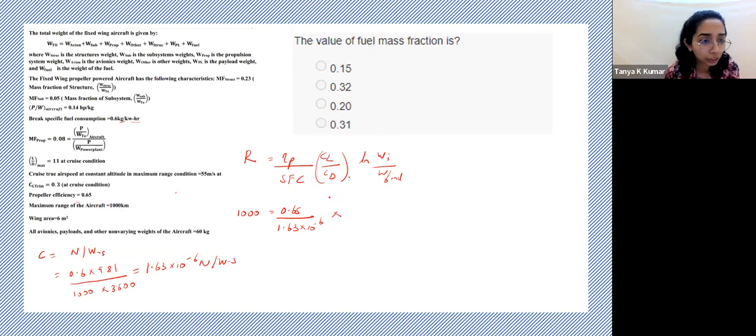The L by D ratio is given here. So I'm just putting it as such. CL by CD, L by D, same thing. And then you have logarithmic weight initial by weight final. So if you solve this, you get logarithmic of weight initial upon weight final to be. To solve this,